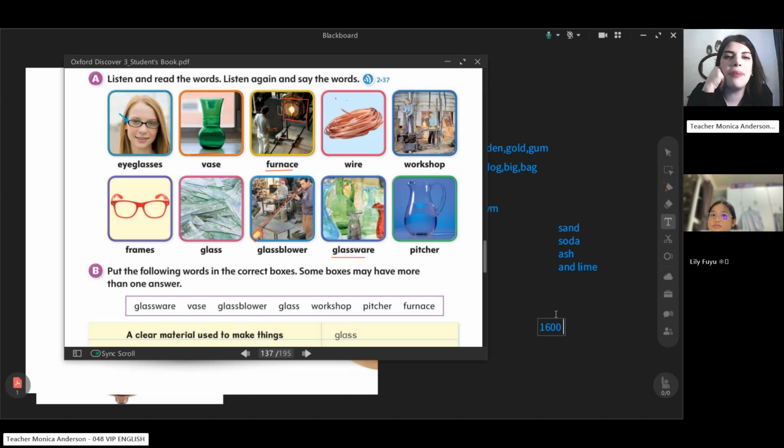And then what happens? I don't remember. After that, we have another machine to form it, to cool it down,